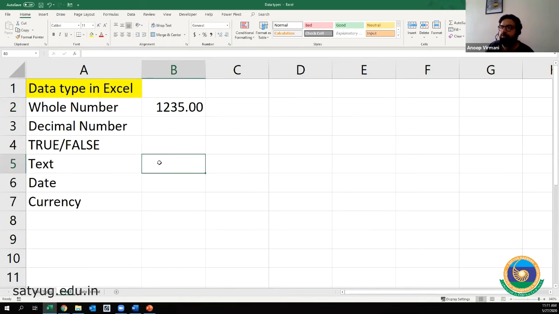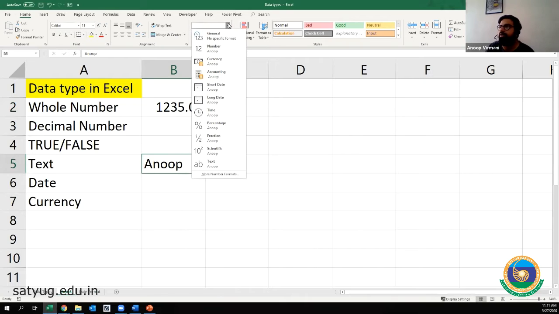Now let's do something which is text. So let's write Anup. Now this is a text. A text, as you see, will start with left alignment. It will start from left to right, but a number, you see, will start with right alignment, from right to left. So here is a text.